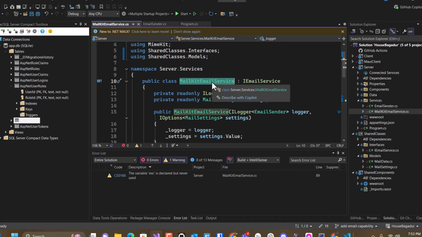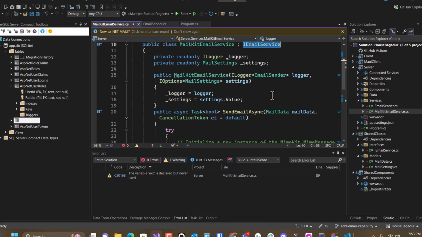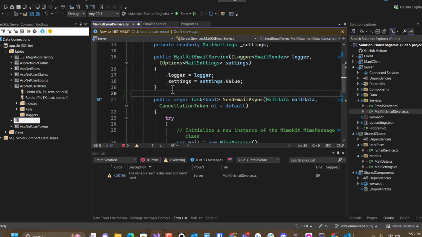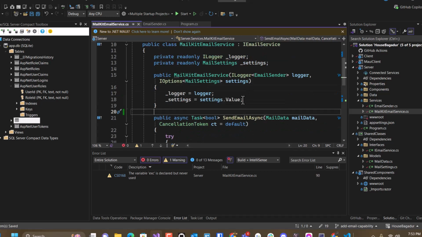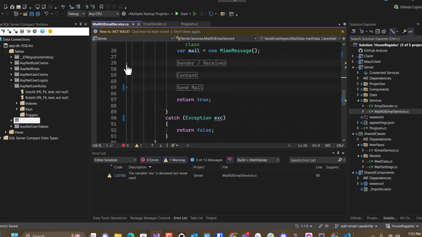I'm going to use MailKit. There are other tools you can use. So I'm going to make my email service called MailKit email service, and it implements the send email method. And if you go look up the documentation for MailKit, it'll walk you through